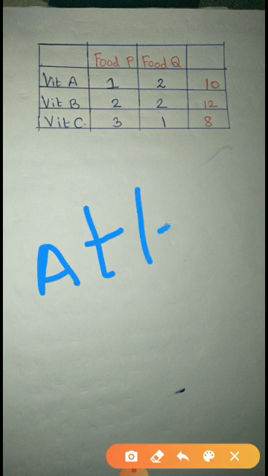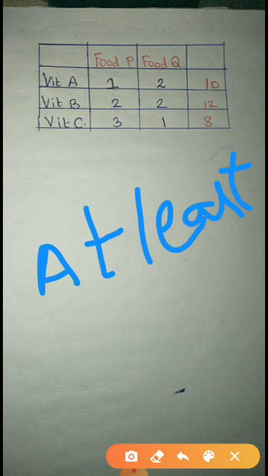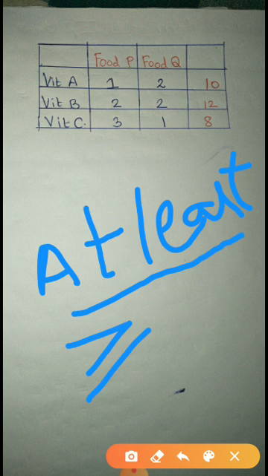And whether it was mentioned at least, yes. At least means what? At least, that is minimum 8. Minimum 8, that means I can have more than 8. Okay, minimum 10, that means I can have 10 or more than 10. So whenever you have at least, I have to make use of the inequality greater than or equal to. Clear? In manufacturing problems, it was given as at most. So for at most, we used less than or equal to.